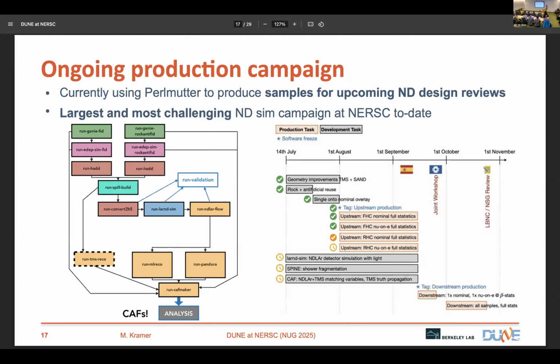So going back now to simulation, I'm kind of jumping around here, but we've got an ongoing simulation production campaign for the near detector as opposed to the prototypes. And this is going to be an essential sample for studies that we need for getting through the next round of design reviews so that we can finally gear up our physical production of the detectors. It's the same overall workflow, but we're simulating the full 7x5 detector and the corresponding beam. And so it's a bigger challenge. And NESAP has been enormously helpful in getting LArNDSim to handle this sort of scale.